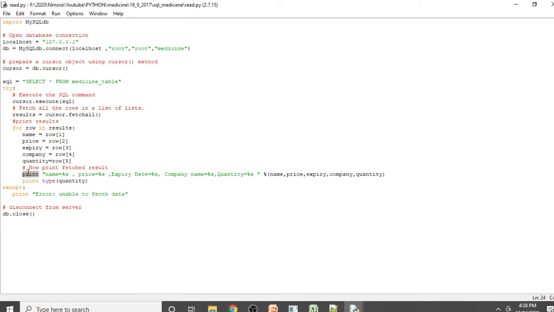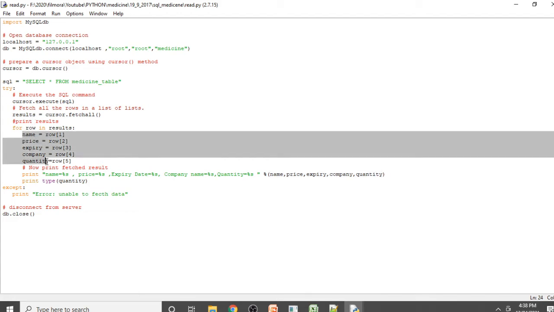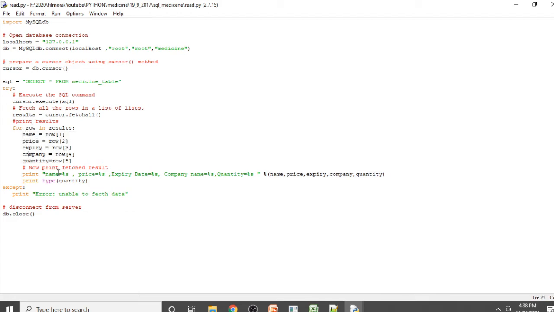To print data, we use the print syntax: print name percentage, price percentage, expiry date percentage, company name percentage, quantity percentage. The percentage gets replaced with this name, price, expiry date, company and quantity, and these variables we have already declared here. Whatever data comes inside this, it will print after this name, price.